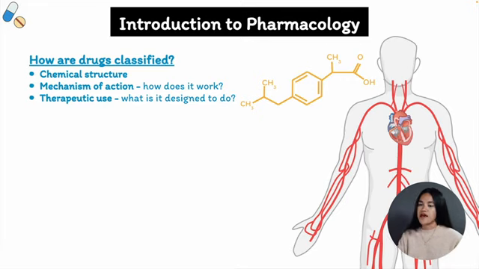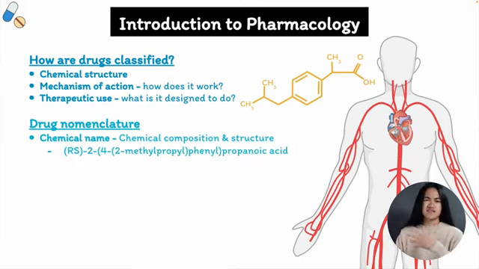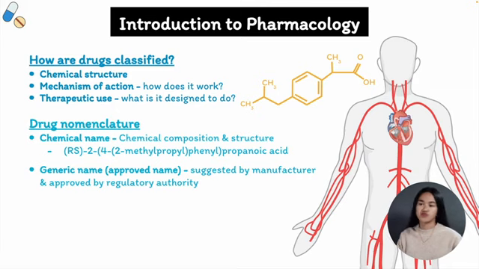Okay, so then how do you name drugs? Because many drugs have multiple different names. There are three main systems for naming drugs. We have chemical, generic, and proprietary. Chemical names are based on the drug's chemical structure and are often complex and difficult to remember. They are primarily used by chemists and researchers, so it's not really used when talking about the medications that are given to patients. Next are generic names, which are simpler names given to drugs by regulatory agencies once they have